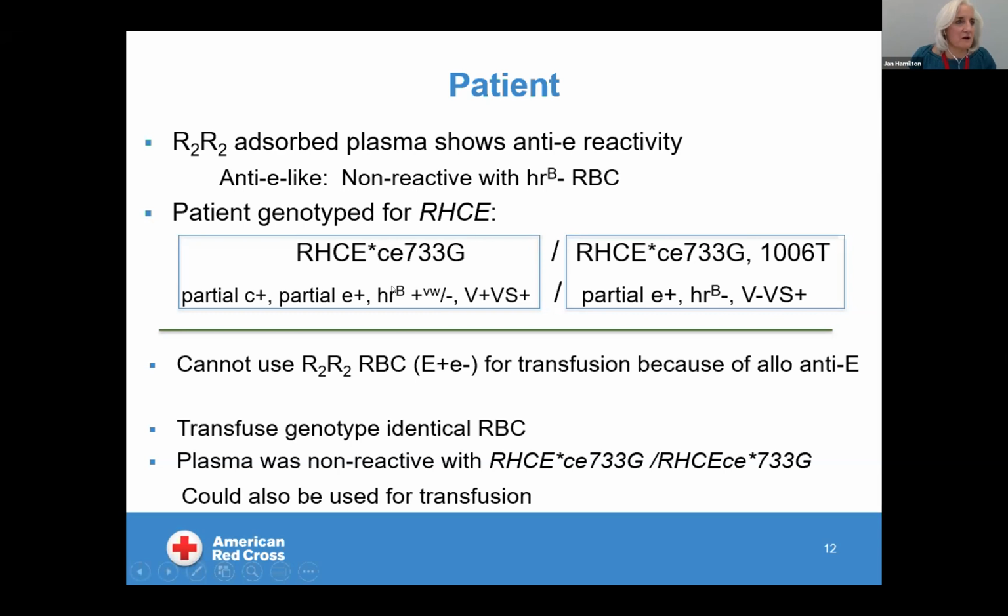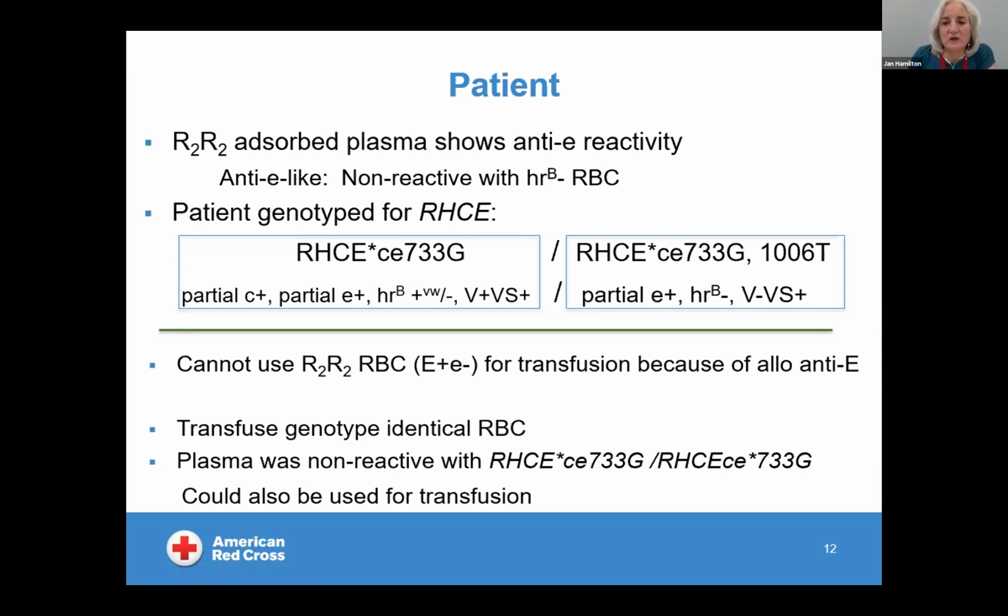And this is when the entire picture began to fall together, because this patient was a compound heterozygote. On one side, she was a CE733G, which encodes for partial little c, partial little e. The HrB antigen is either extremely weak or possibly missing, and two Rh low prevalence antigens are encoded for by this allele. On the other side, she had a similar but slightly different allele, Rh733G 1006 or